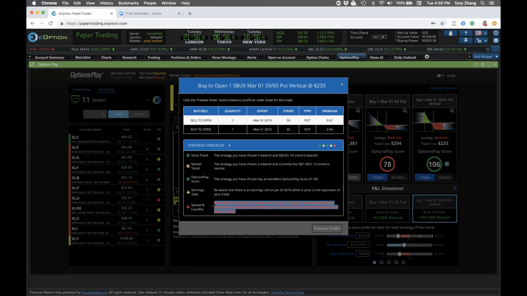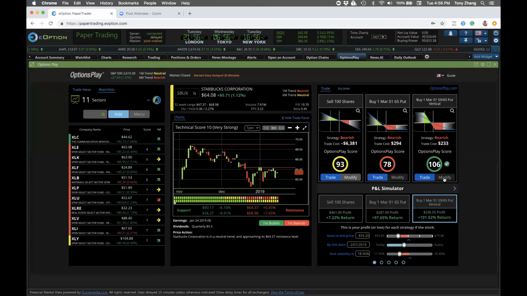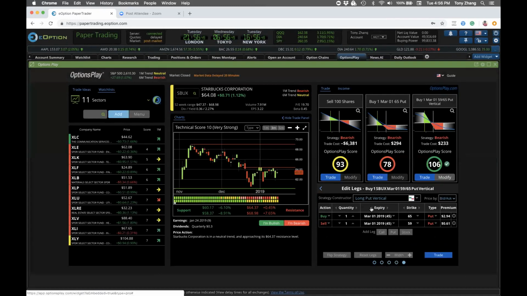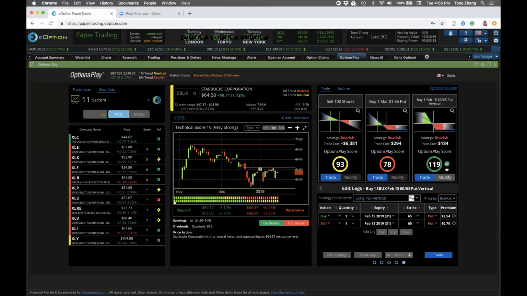And if this is a trade that you're ready to make, one of the coolest things we've done with the Regal Securities platform is you can click on the trading strategy. And I'm not sure why here we're not able to look at March 1st, but let's say we look at a February 31st, buying the 65, selling the 60 put vertical.